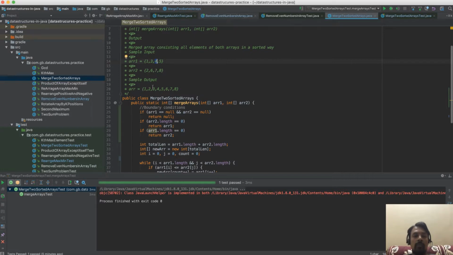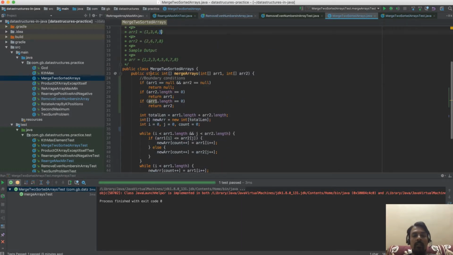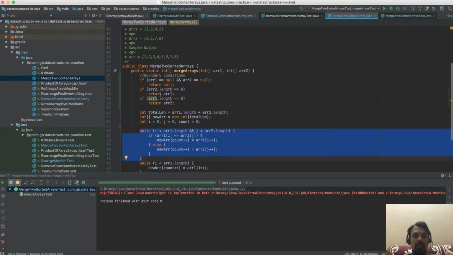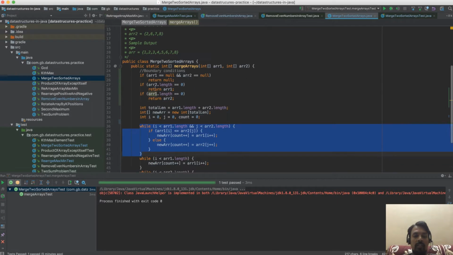Now we are comparing 4 and 6. Since 4 is less than 6, we add 4 to the resultant array and increment the pointer to 5. We compare 5 and 6. Since 5 is less than 6, we add 5 to the resultant array and increment it. This is where our loop terminates. So what happened to the remaining elements, which are 6, 7 and 8?